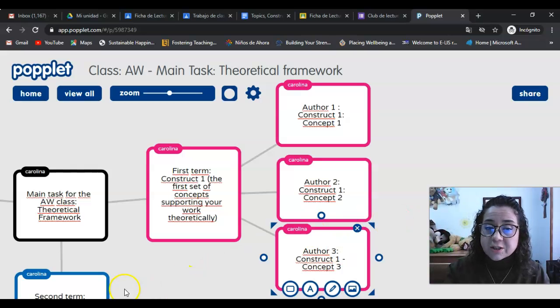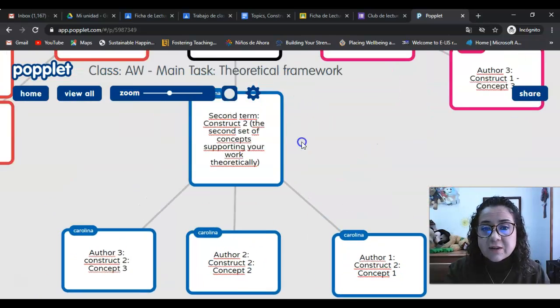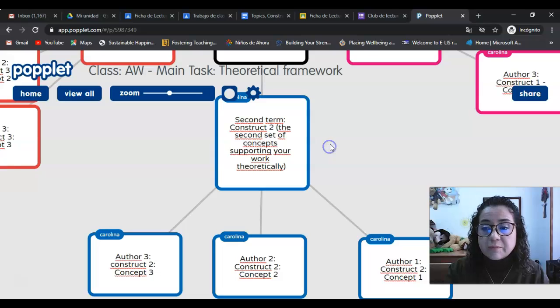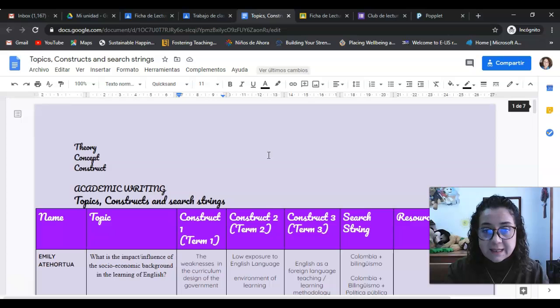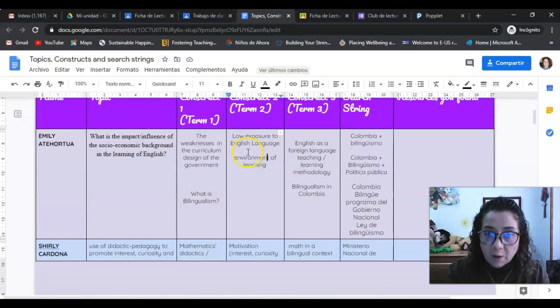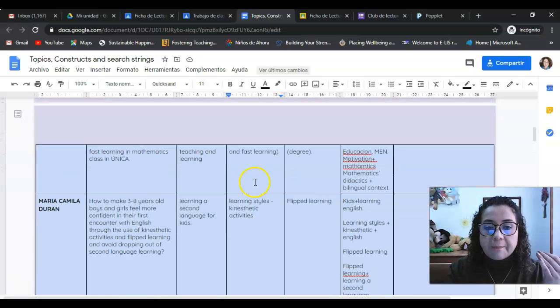Then when the second term comes, that means as of next Monday, you guys are going to start constructing your second construct, meaning you're going to go for the second column in this chart. So you're going to go for low exposure to English language, environment of learning, motivation, interest, curiosity, and fast learning, learning style, kinesthetic activities, etc. So what do you have to do there?